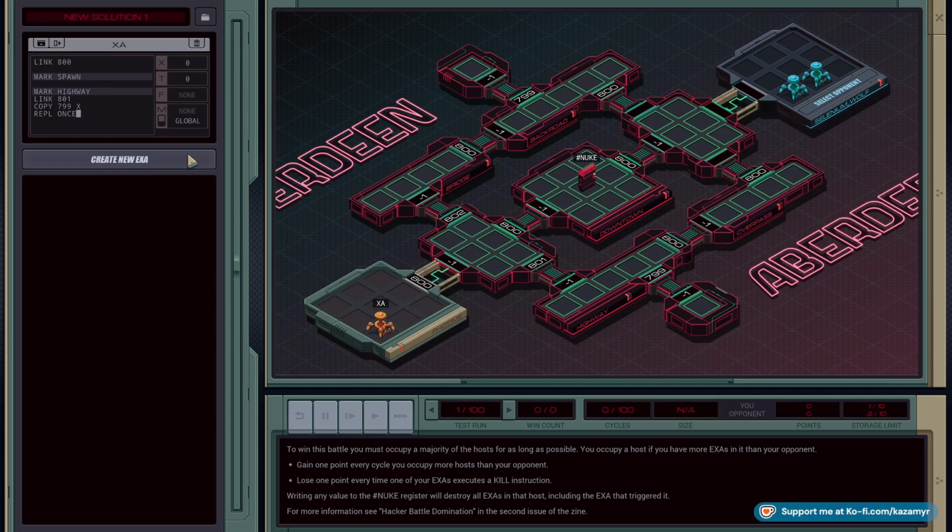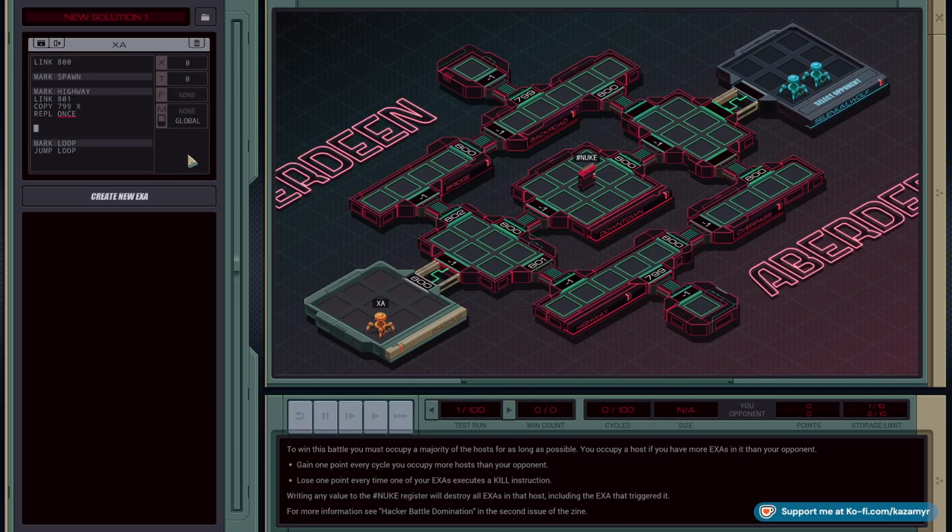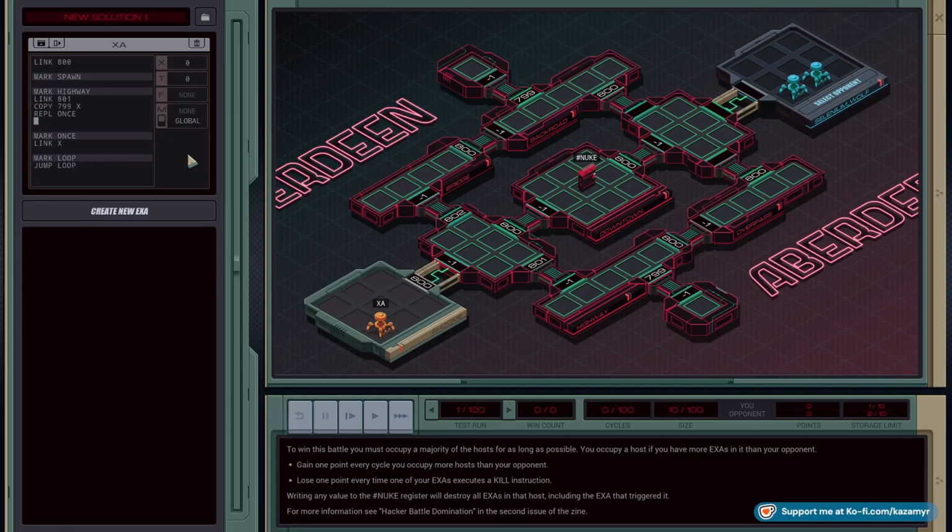REPL once. We'll do the mark loop, jump loop bit. So mark once just links 800 or links X, and then go straight into loop. And then you also need to REPL